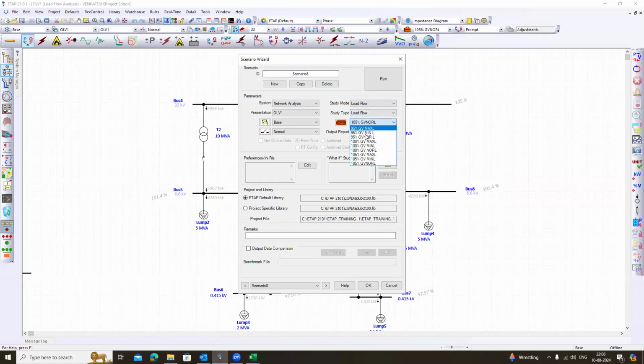105% grid voltage minimum load, and again create a scenario, 105% grid voltage normal load. Okay. Now, so 9 scenarios that you have selected, and if you run the load flow here, so